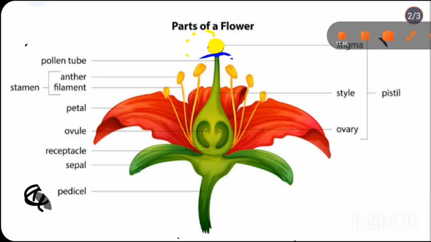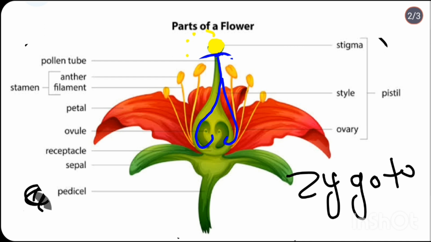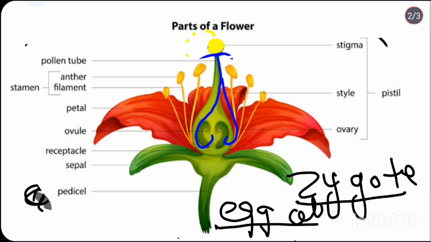After that what happens is that these pollen grains, sorry, these pollen grains fuse with ovule, means male gamete fuses with female gamete to form zygote, and egg cells, or you can say cotyledons. So what two things are formed, zygote and cotyledons basically, which gives a seed when it is formed. So when all this flower